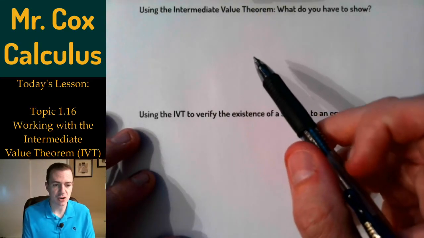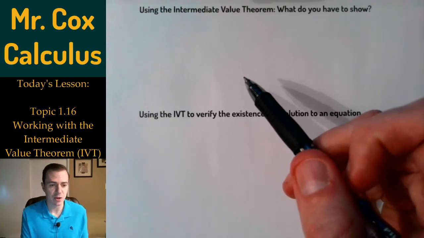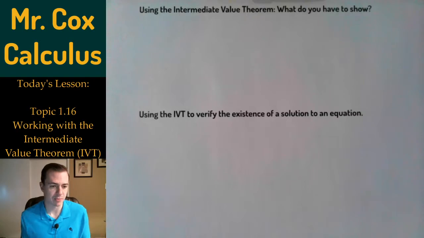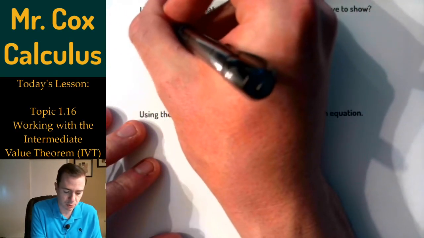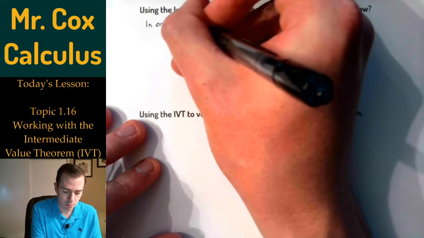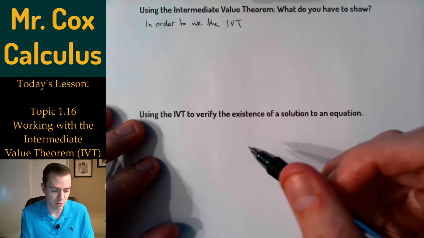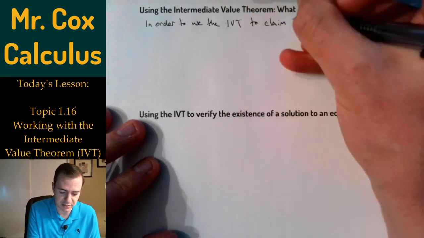When we use the intermediate value theorem, I always want to make sure that when we're using some sort of theorem or definition to verify a claim, that we have a roadmap for what needs to be said. So in order to use the IVT, which stands for the intermediate value theorem, in order to use it to claim the existence